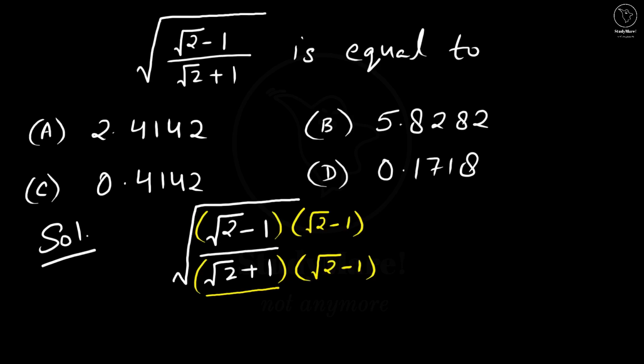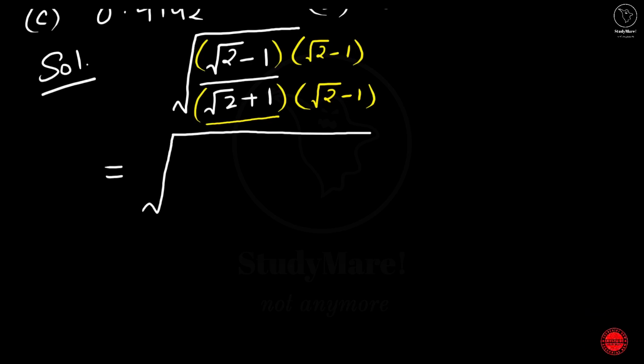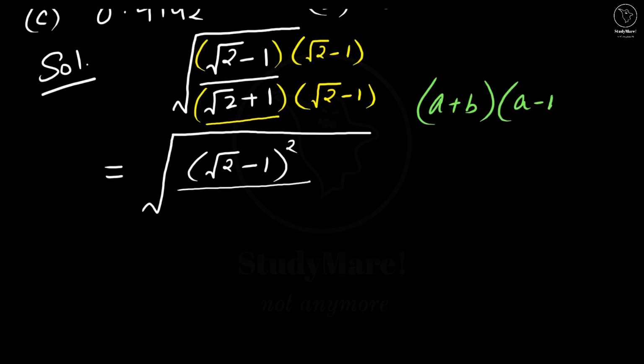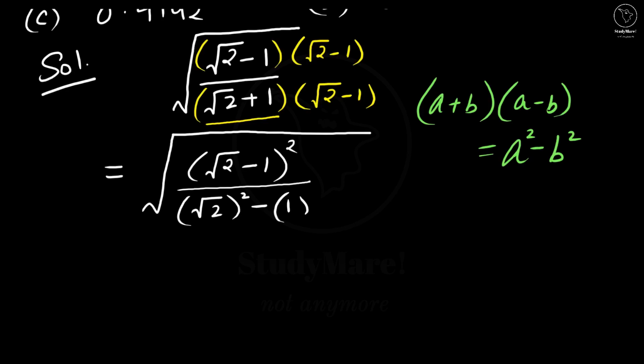Now let us solve this. This is equal to, in the numerator, root 2 minus 1 into root 2 minus 1, which can be written as root 2 minus 1 whole square, divided by the denominator, root 2 plus 1 into root 2 minus 1, which as per the identity A plus B into A minus B is equal to A square minus B square, gives us root 2 whole square minus 1 whole square, which is equal to the root of